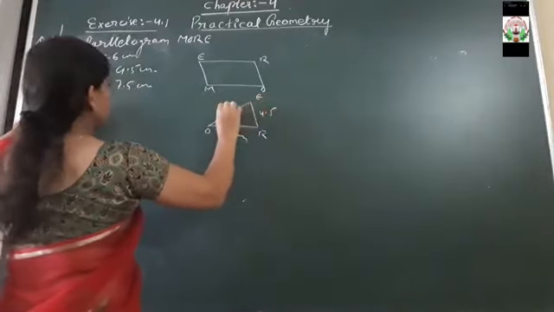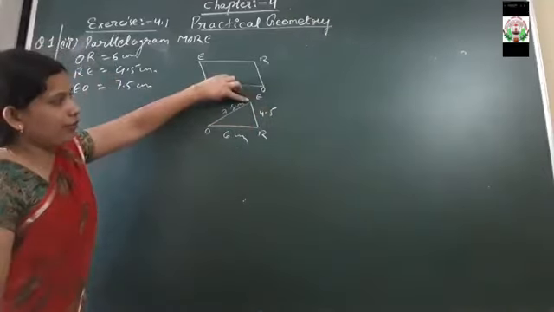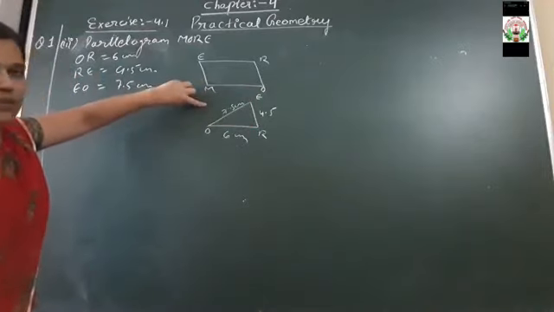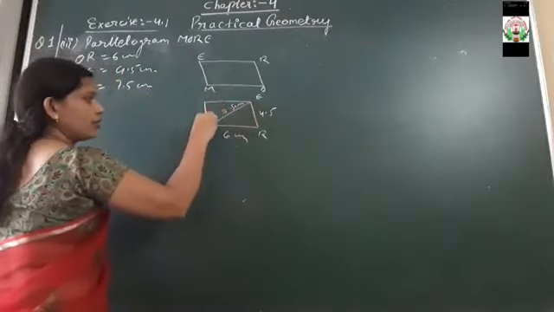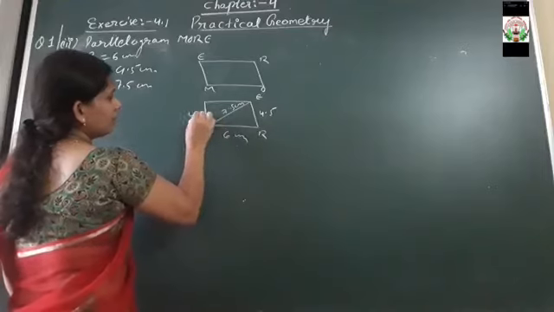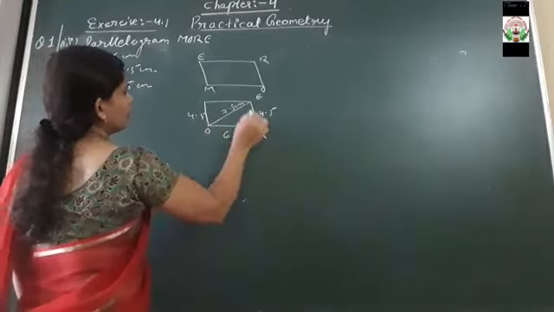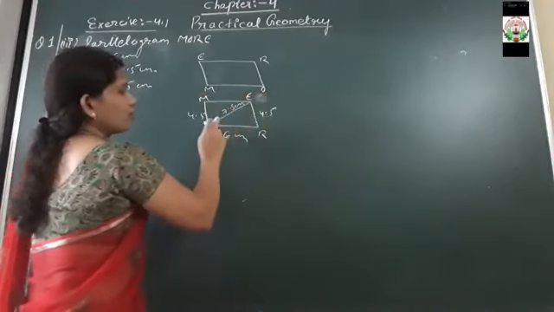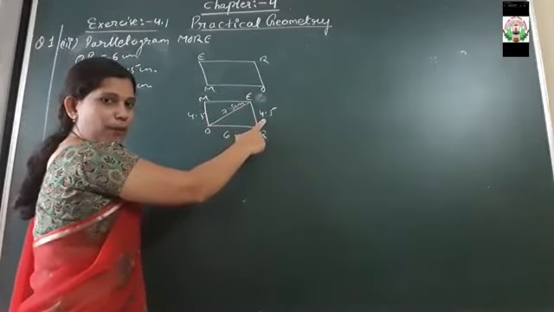EO here that is 7.5 centimeter. And now you will say, teacher, from which measurement we are going to draw this line and this way, isn't it? So as you know, by the property of a parallelogram, the opposite sides are parallel to each other. That's why here...